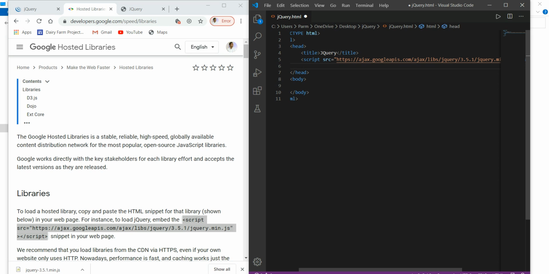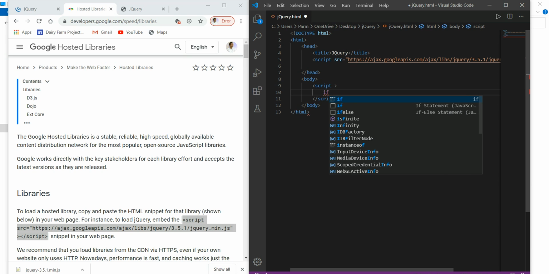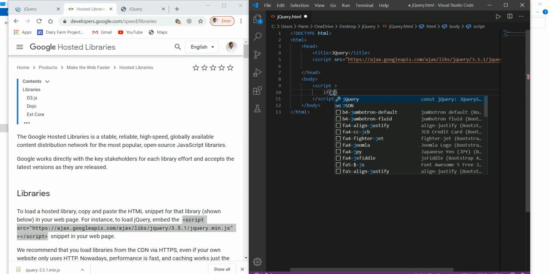Now in order to check whether jQuery is included in our program, we will make a small script over here to check whether it is installed or not installed. So for this I will create a script element and write a small script in JavaScript. Here I will write if jQuery.